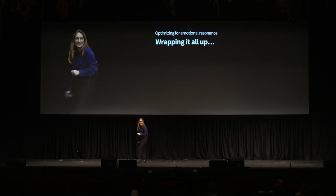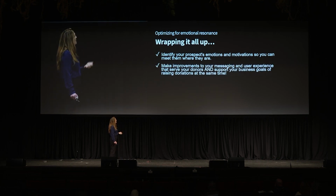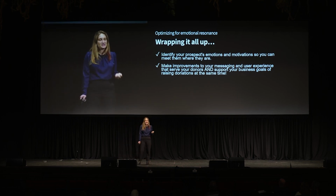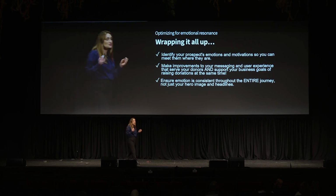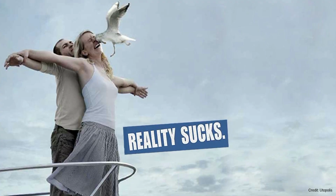Okay, so let's wrap it all up in the 1 minute and 10 seconds that I have. Identify your prospects' emotions and motivations so you can meet them where they are. Make improvements to your messaging and experience that serve your donors and support your business goals. Ensure emotion is consistent throughout the entire journey, not just your hero and images. And make it about them and clearly show them how they're going to achieve their own goals through your website. Most importantly, please remember,